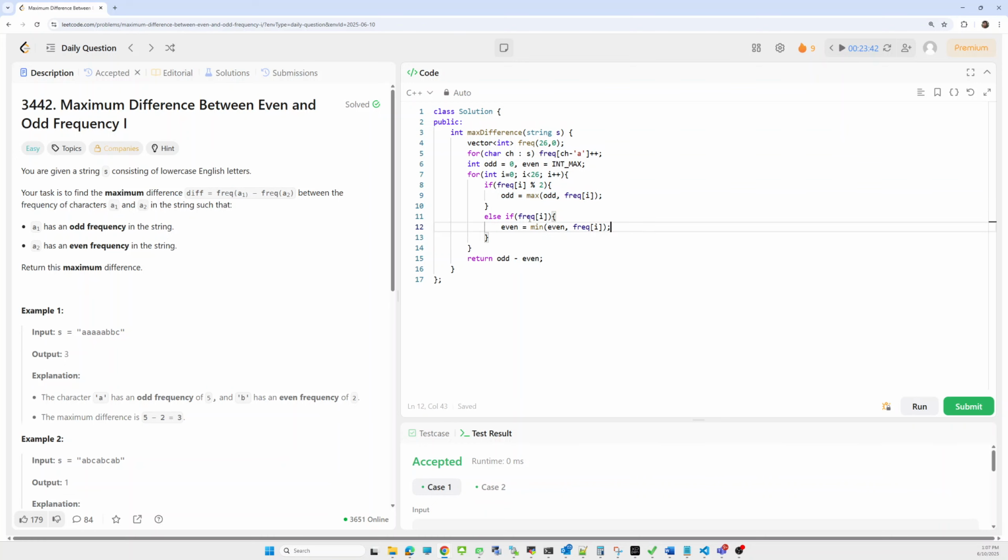Else we'll check if the frequency exists, meaning the character exists in the string, then we'll update even with the minimum value. We have to extract the minimum value. In the end we'll return the difference of the frequency of a1 and a2, means odd minus even. So this is the simple approach.